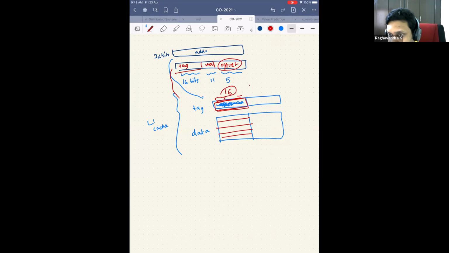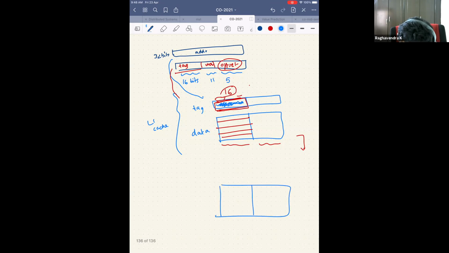Now the architecture is ready. But now I want to figure out whether I want to write back only if the block gets dirty. So I want to remember if the block has been made dirty or not. Which means that for every block, I need to have a single bit. Right? So for every block, I want to have a single bit. Okay. So now how does the architecture look like? The architecture is something like this.